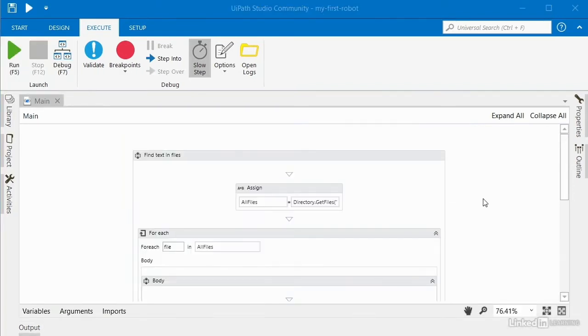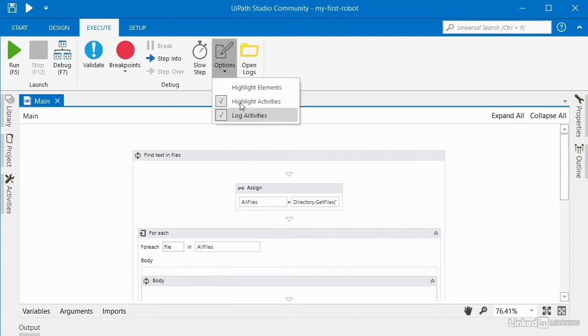In the previous video, I discussed how we can run our robot in debug mode and have the activities highlighted as they're being executed. In some cases, when you know there's a problem in a specific part of your robot, you want to be able to run the robot quickly and then stop at that exact point. So in that case, what we would do is turn off this slow step, and we'll leave log and highlight